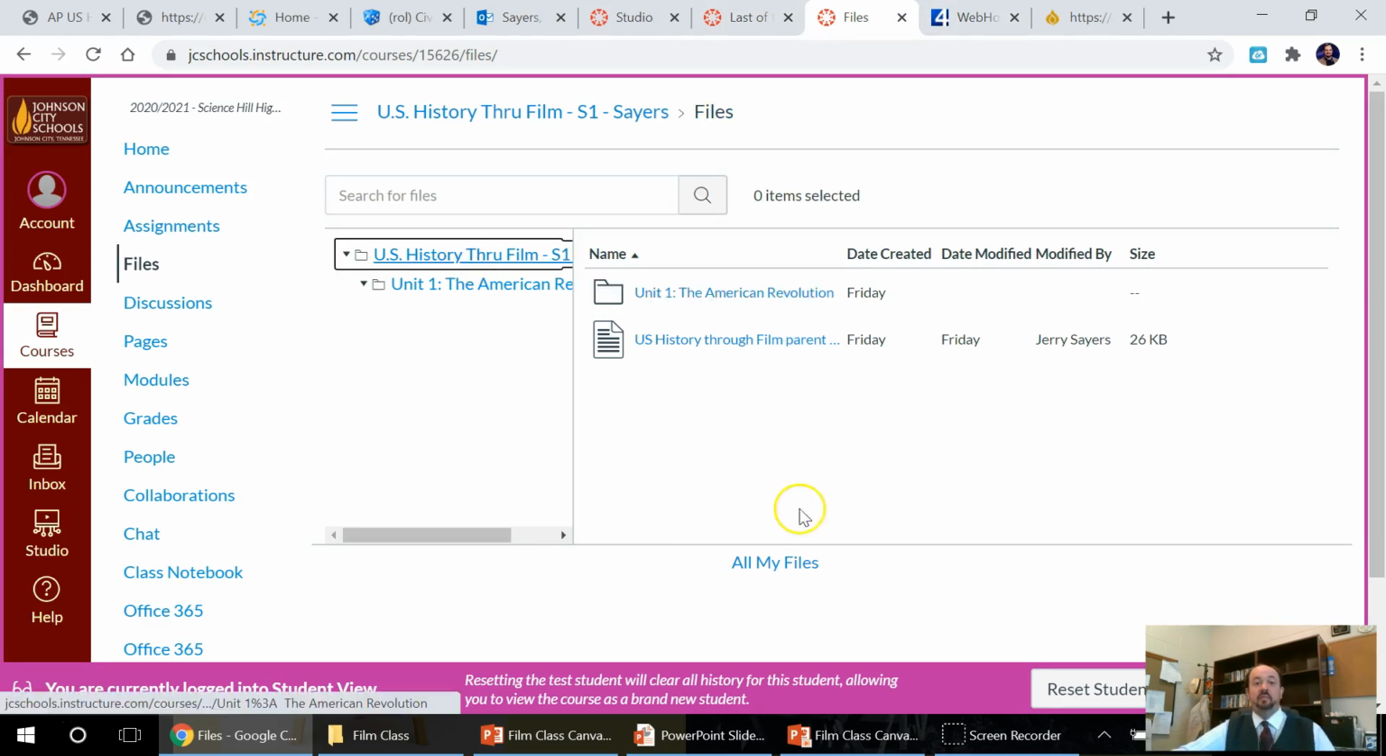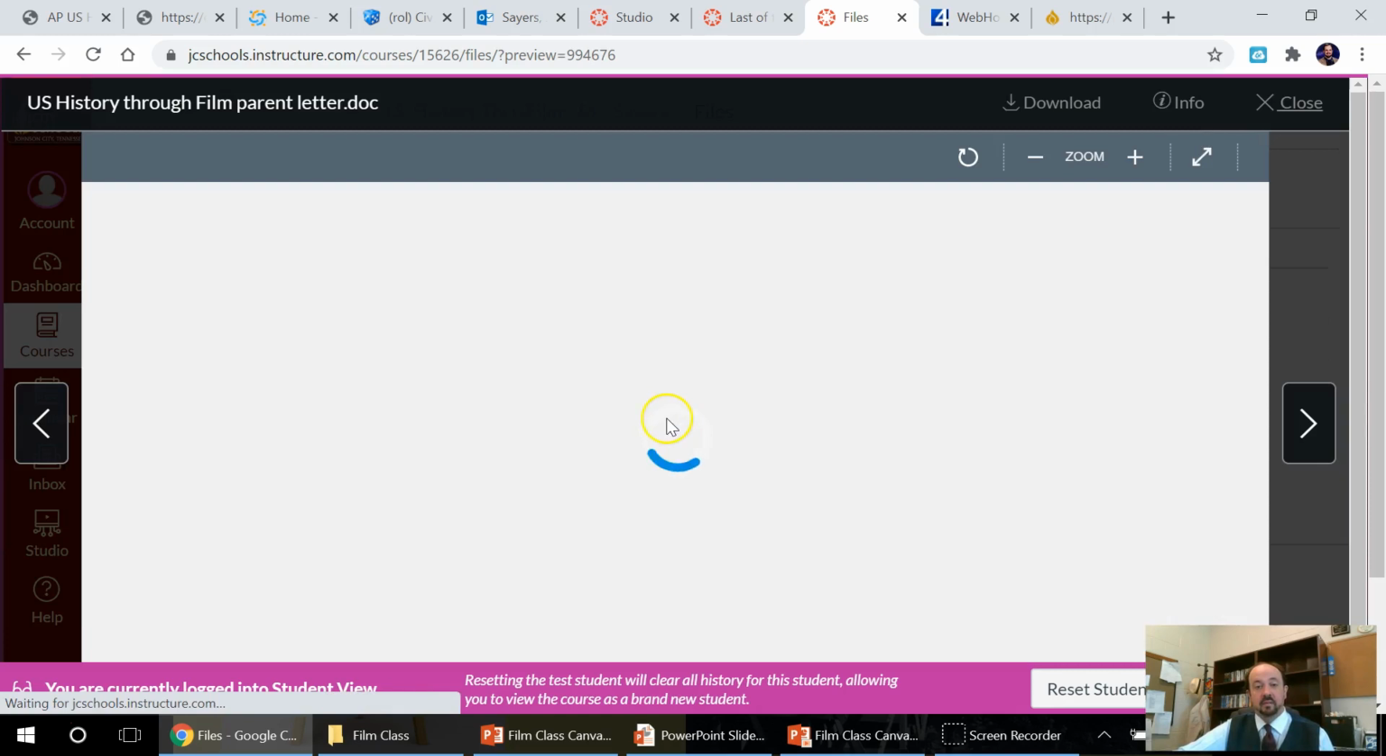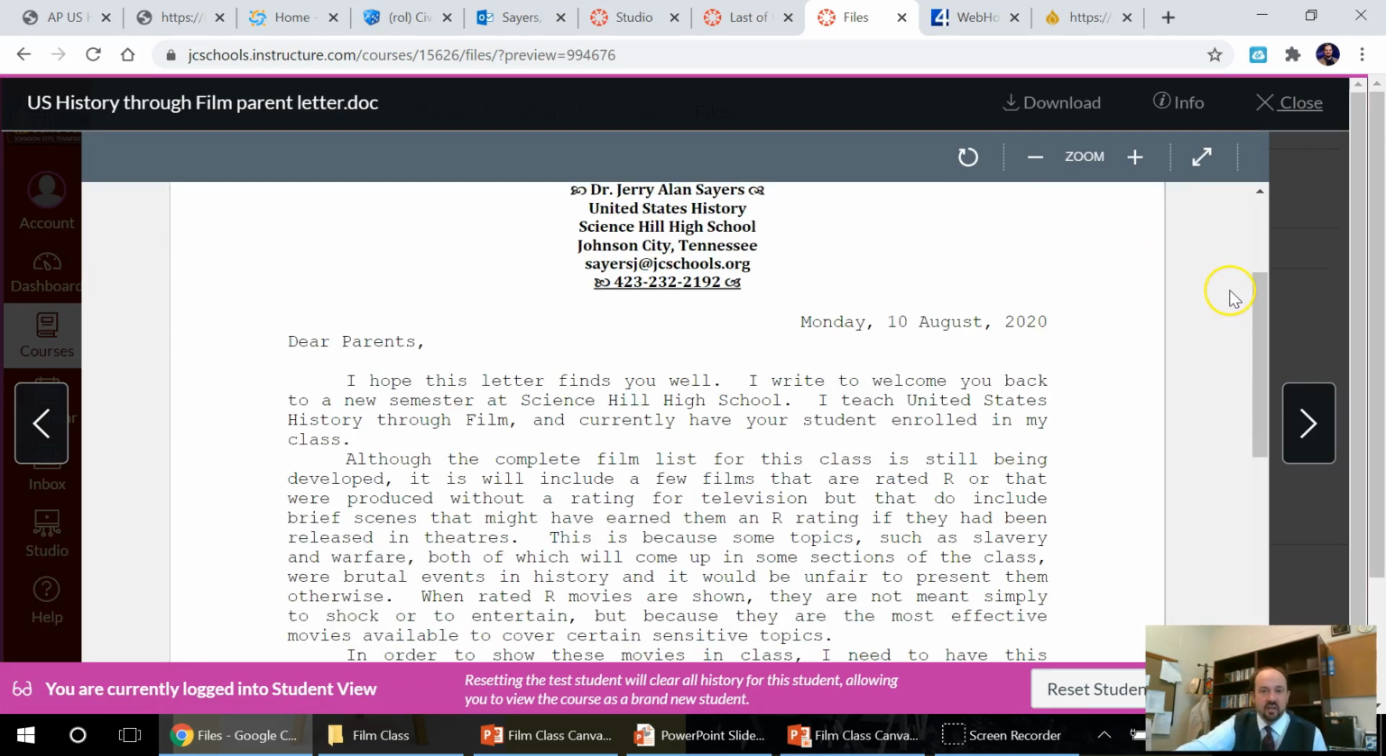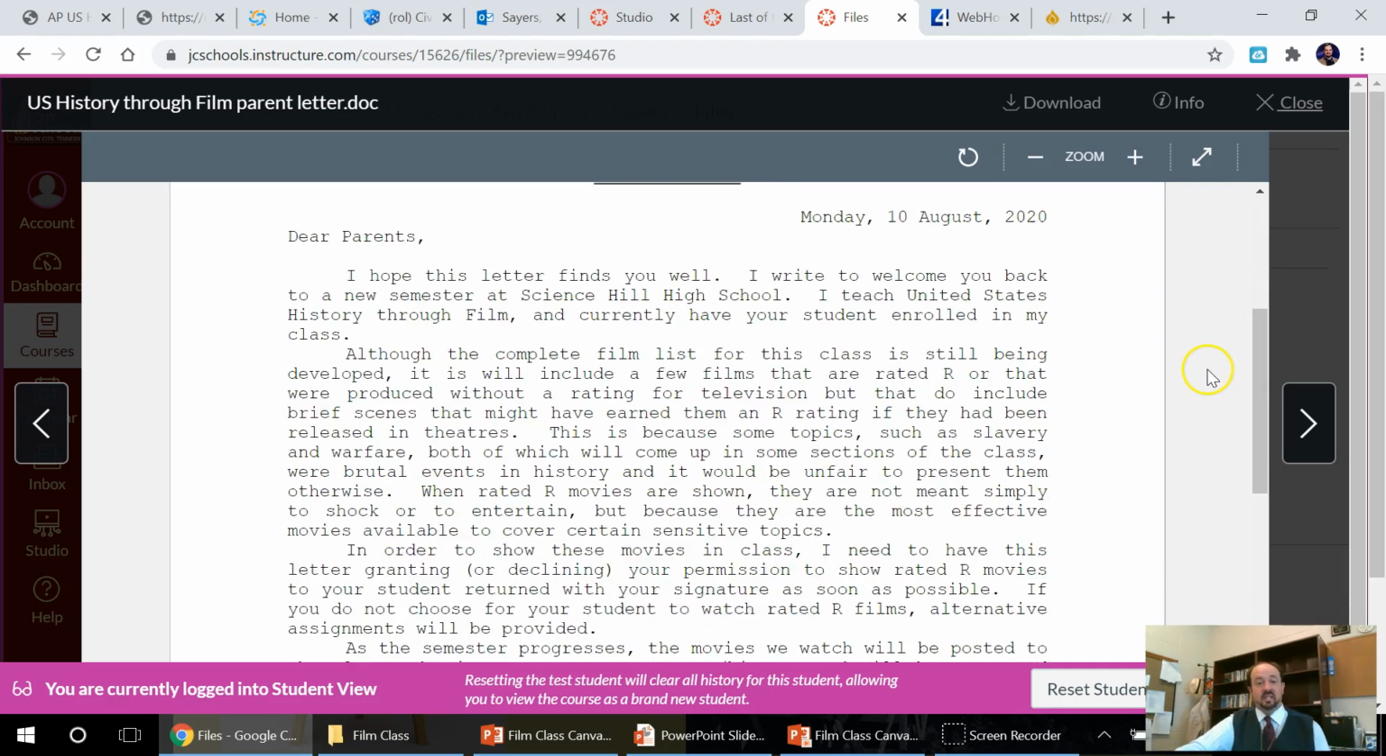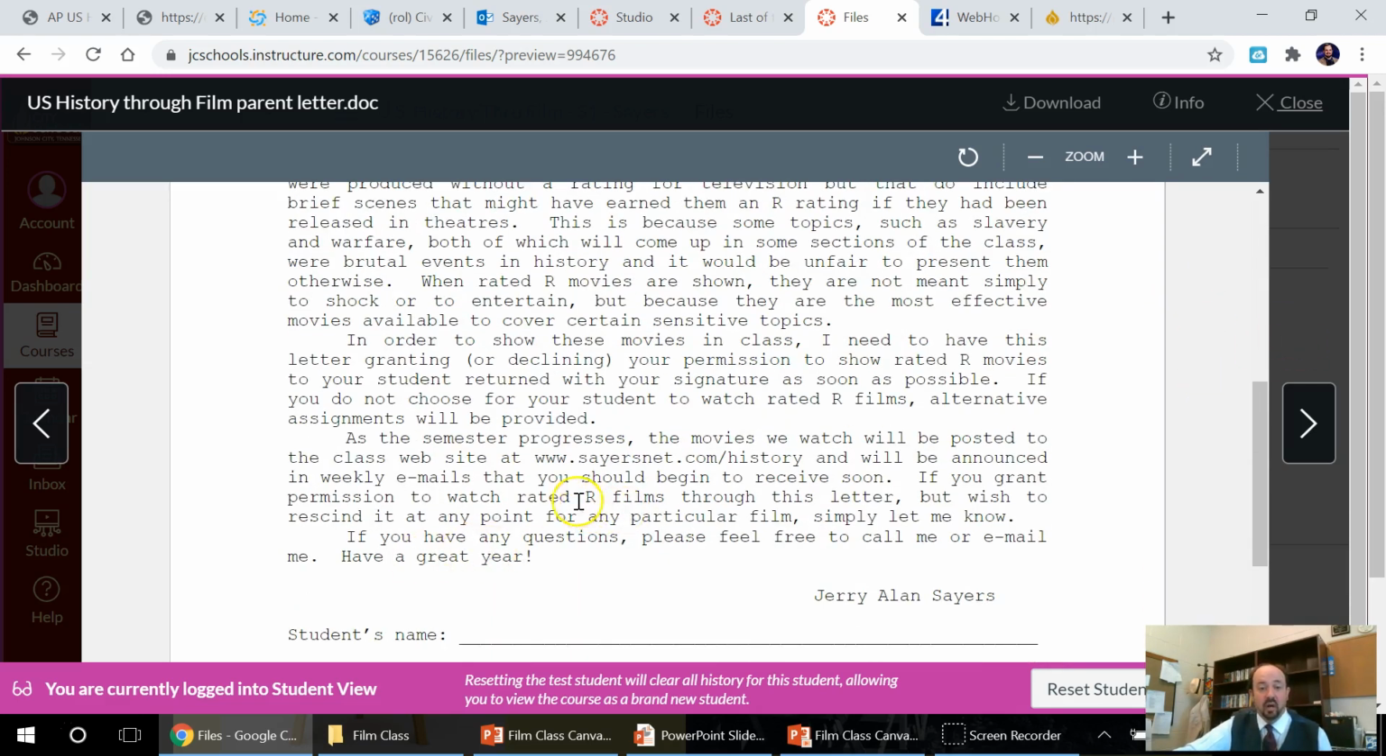If you go to the top folder, you'll also see a file for a parent letter. It is very important that you print out this letter and have your parents sign it. Some of the movies that we watch will be rated R, and this is simply because these are the best way to illustrate whatever topic we are talking about. They are not to shock or trouble you, but because each is the best way to illustrate a particular topic. Particularly, that will be the case when we look at some wars in American history,